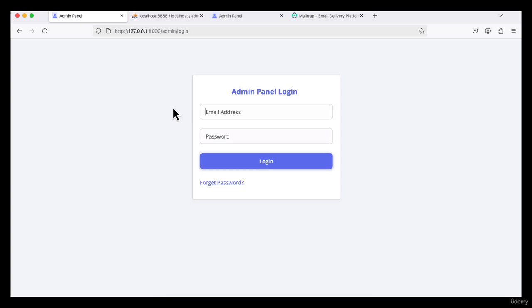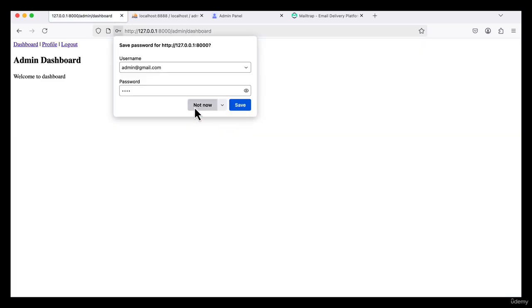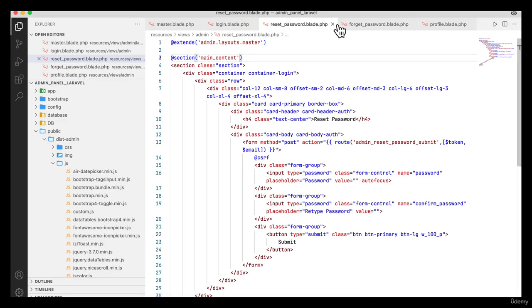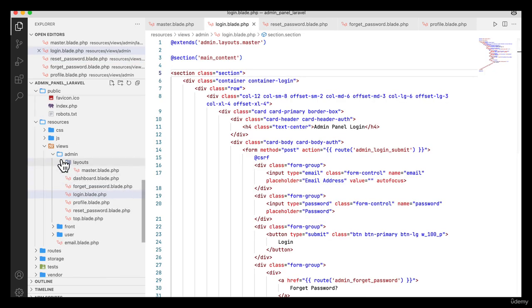So the admin panel, login template, forget password template and reset password template task is done. Now I am going to log in here. 1 2 3 4, and here you see this is the admin dashboard, and now I will work with the dashboard part. So what I can do, I am going to copy the layout, and you see in the admin